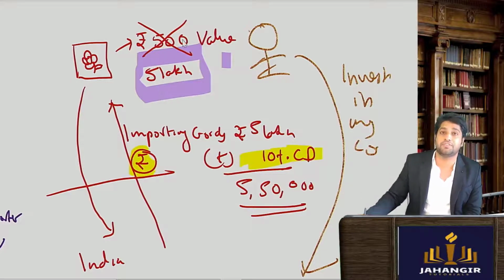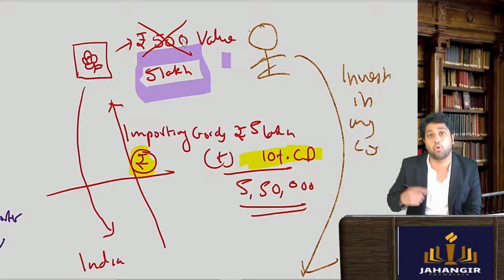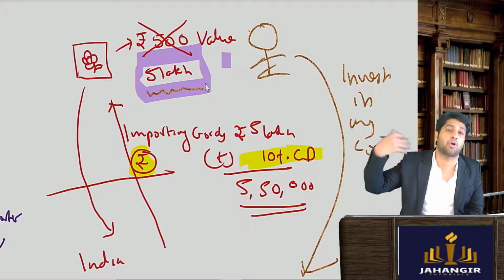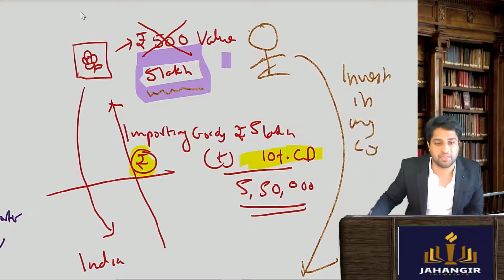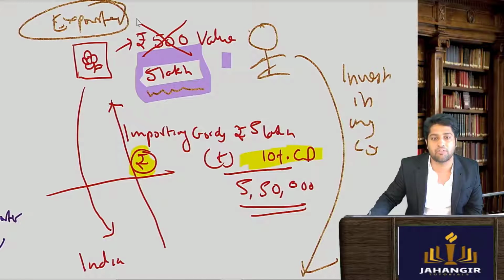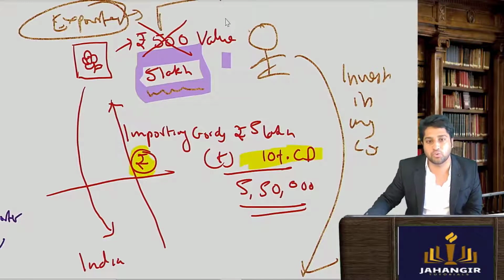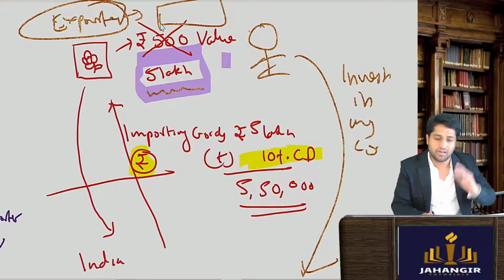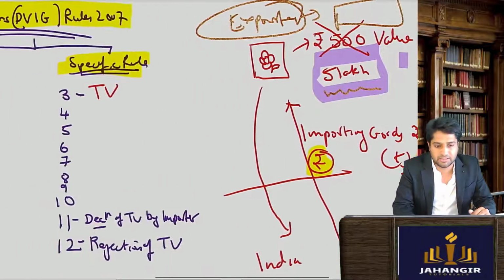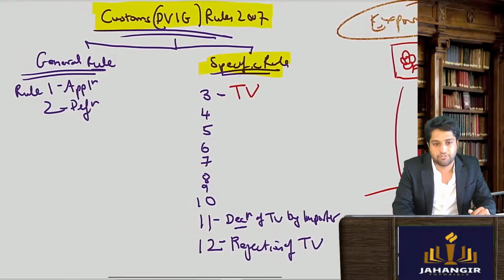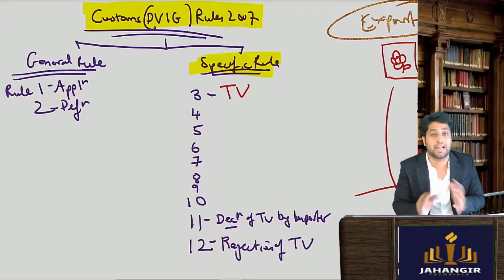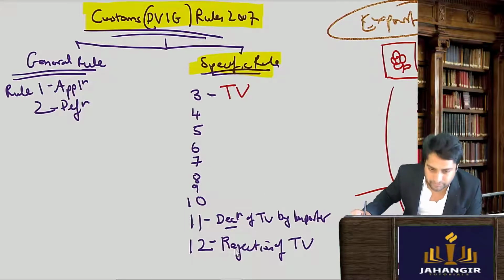So don't always feel that there is going to be undervaluation. There is going to be overvaluation also, where the importers try to pay certain more money abroad. So more money gets transferred. Maybe I come to know that the exporter is my agent only. He got 5 lakh rupees. Now this money we can use it abroad. So these are techniques of transferring money abroad. Now not to get into so much detail, but just remember that sometimes if they don't feel that the goods are valued correctly, they can reject the valuation.